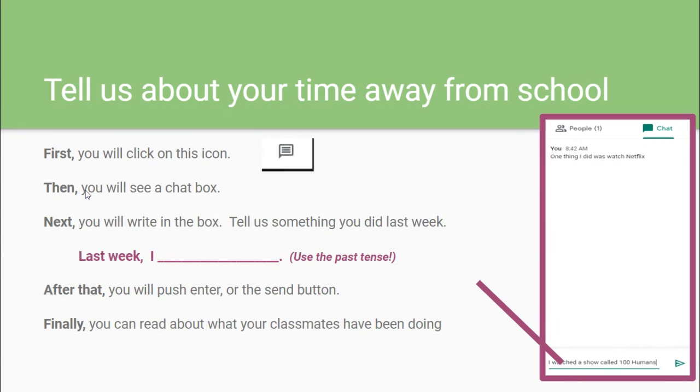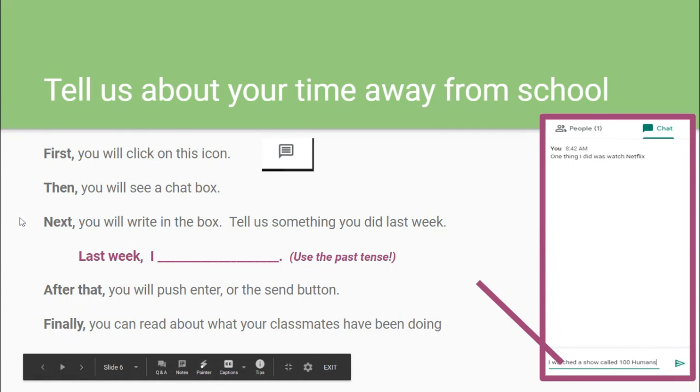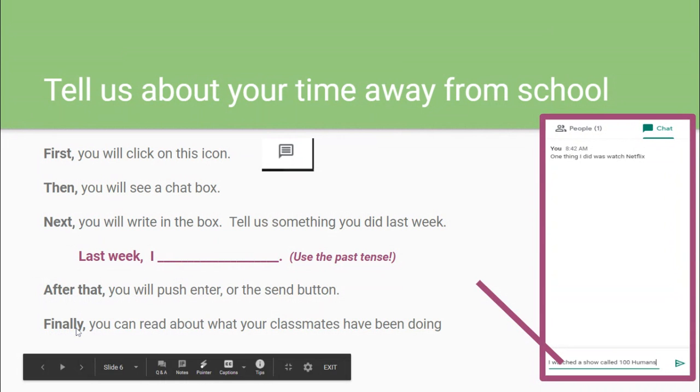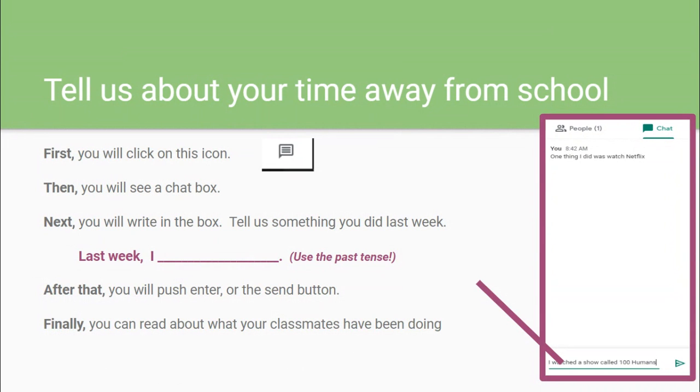So again, we have first, then, next, after that, finally, primero, luego, próximo, después de eso, finalmente. These are all sequence words that help us understand things in order.